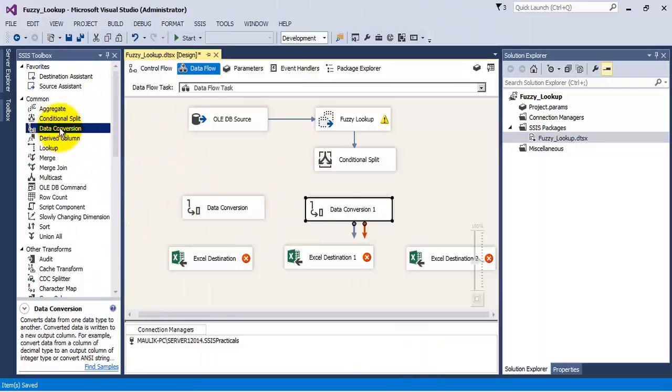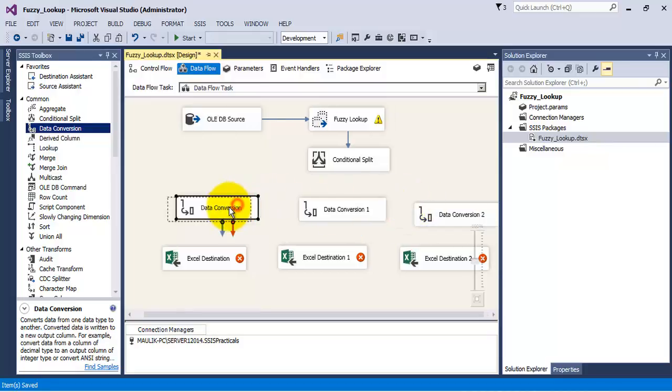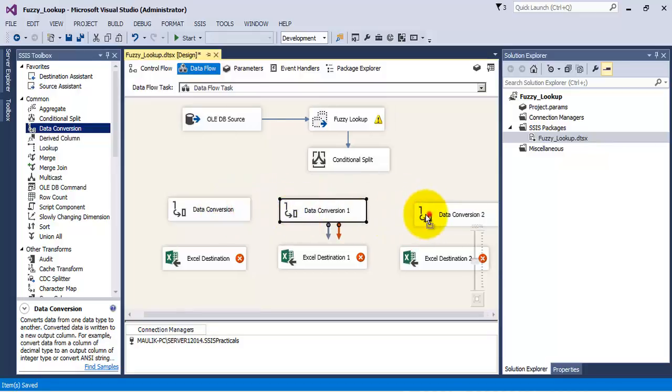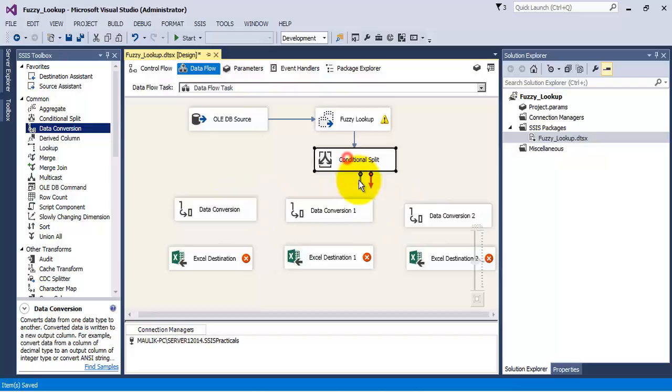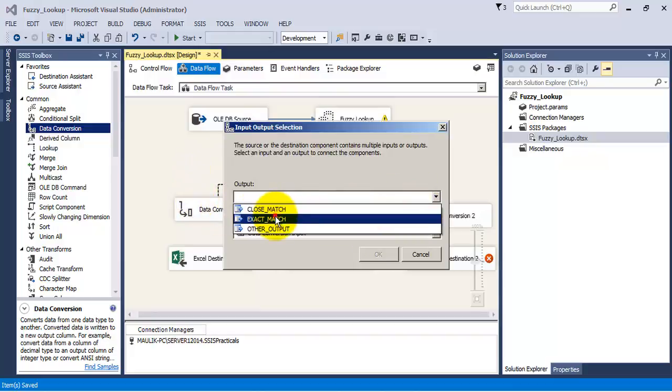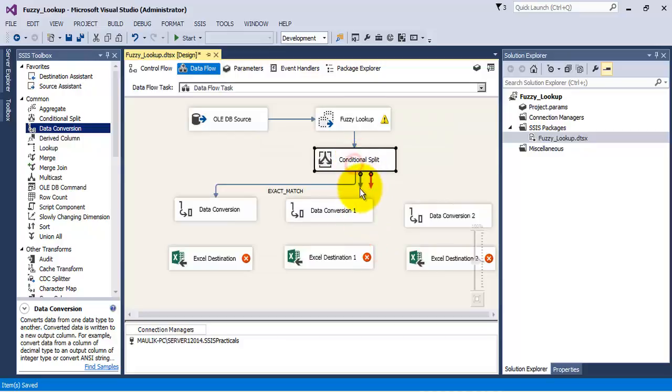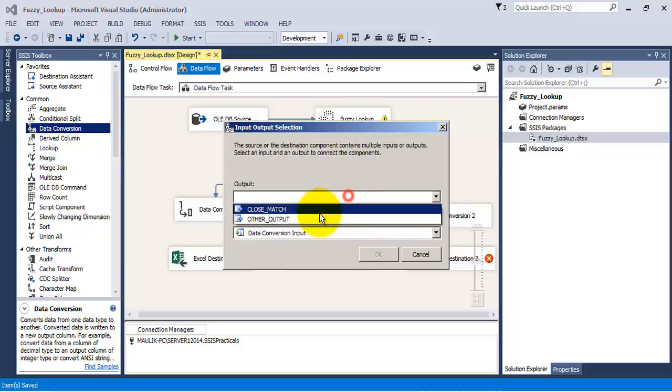So let us add data conversion task and let us convert the data type of our company name column to Unicode.